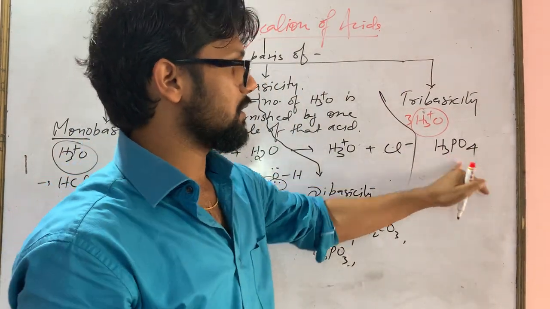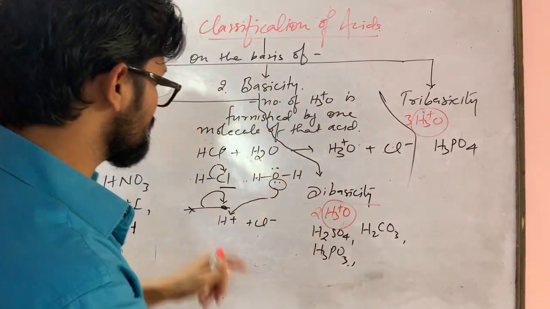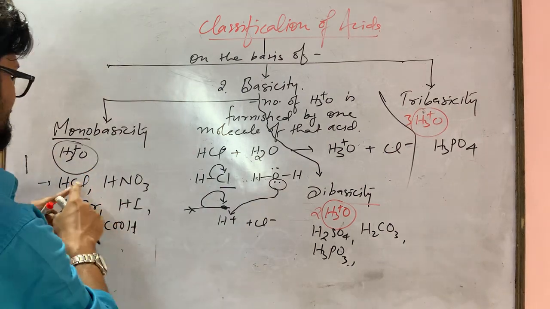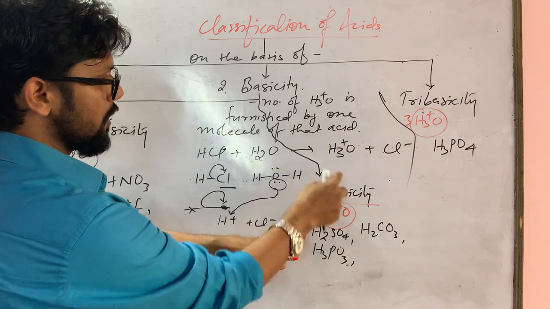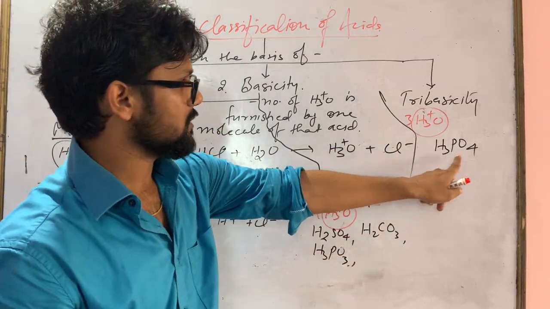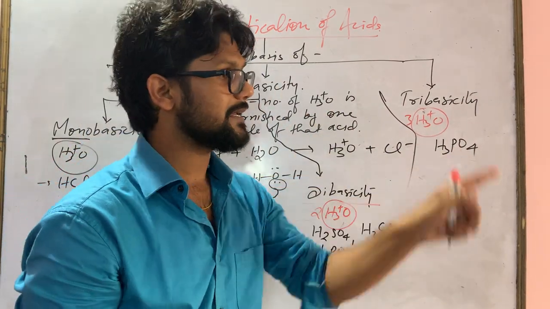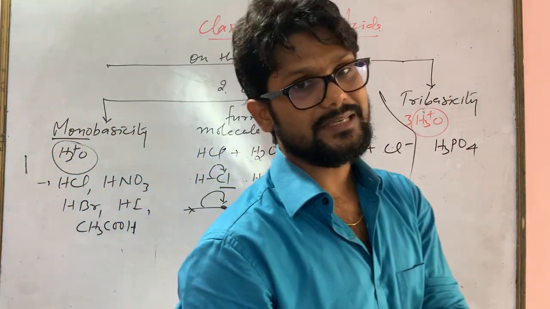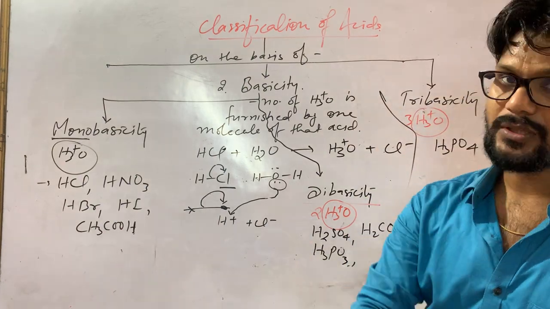It means it will give 3 hydronium ions. So the explanation will be the same. You have to do the same explanation as HCl. You can take HNO3 with H2O. Here you can take H2SO4 with H2O. So here there will be 2 hydronium ions when it reacts with water. Similarly, when H3PO4 reacts with water, it produces 3 hydronium ions, meaning it is a tribasic acid. Right? So a question can come: why is H2SO4 a dibasic acid? The answer will be it gives 2 hydronium ions when it reacts with water.